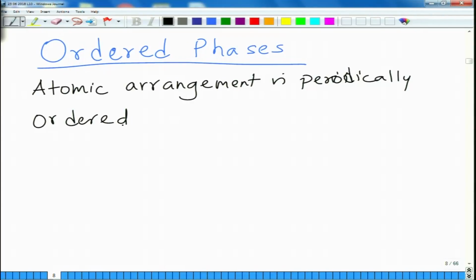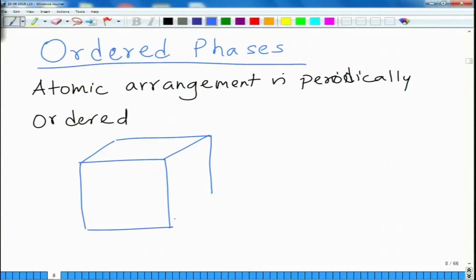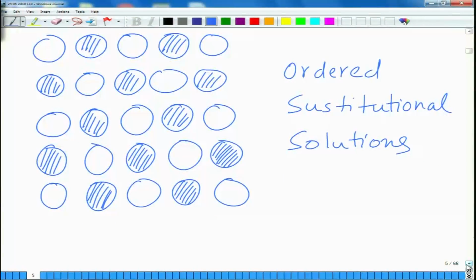So, that we saw in crystal structures module 1, that you can have arrangement like, for instance, you can have a phase like this, so basically the manifestation of ordered solid solution is this. You have an ordered solid solution. So, this is A atom, this is B atom. You can see that A and B are arranged in such a fashion, so that you can define a lattice either like this or like this,